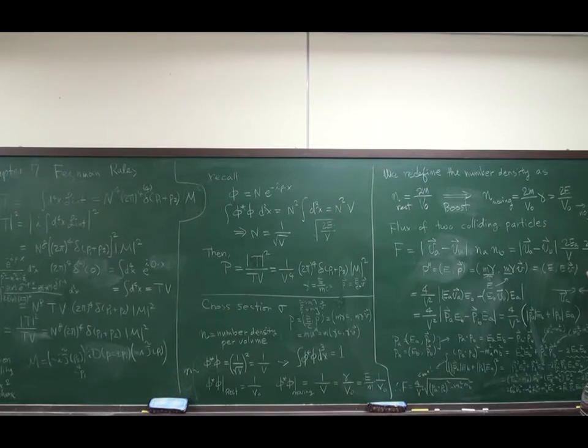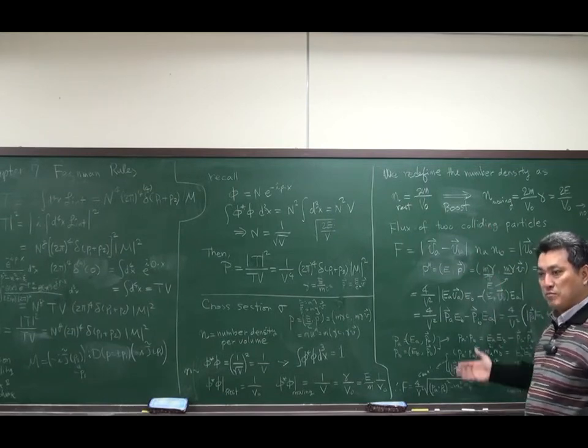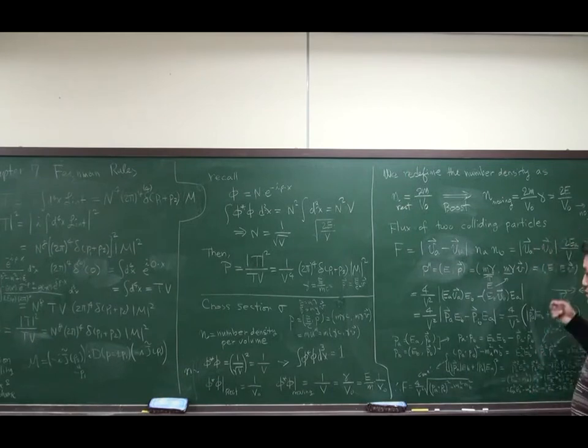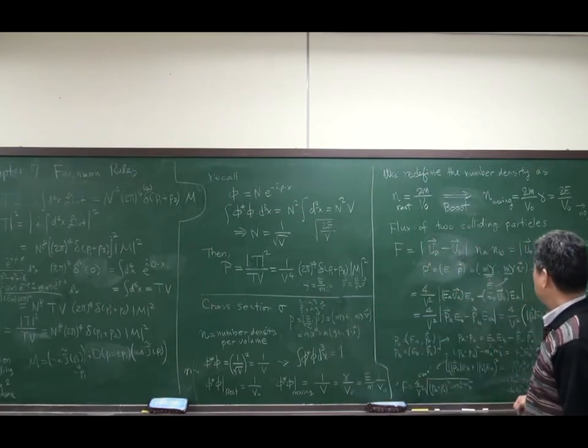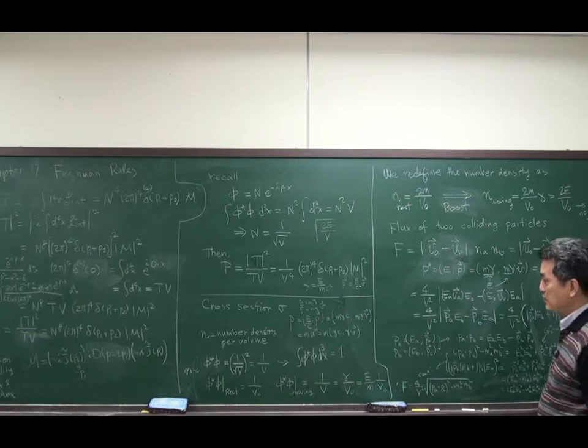So when we call this V, we are just standing, and we have the size of the box. And EA and EB are the energy of one particle and the energy of the other particle, and velocity. So just like what we have done previously, we would like to multiply this inside the absolute value. If I multiply this inside, then it becomes EA times VA, EA times VA,